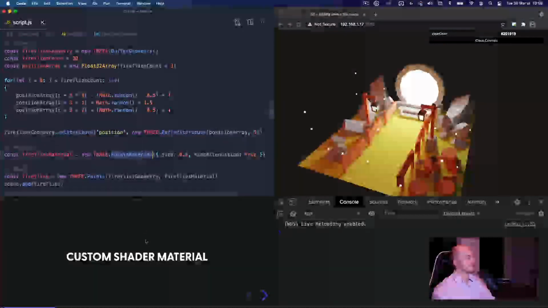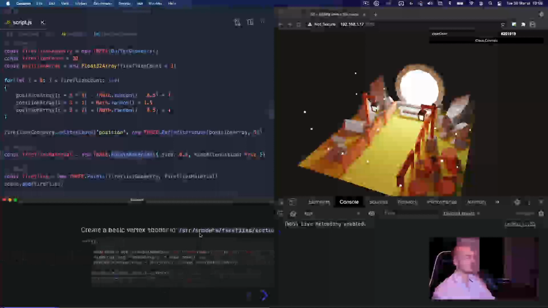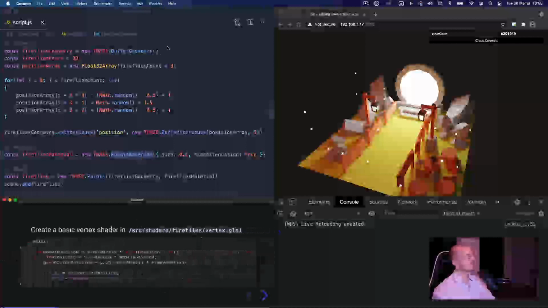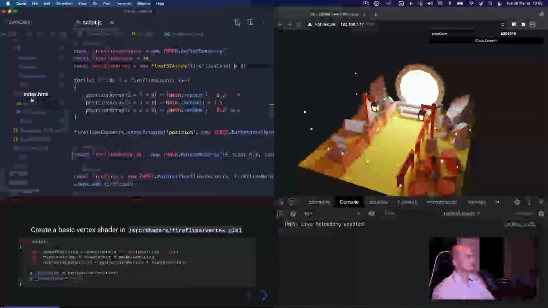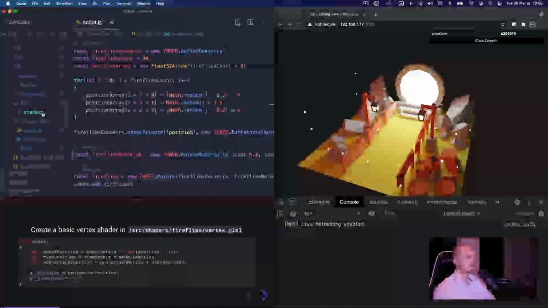With the points material, sorry, we can change it to a custom material and create something even better. So let's go. First, what you can do is create those shaders. In the SRC folder, you can create a shaders folder, and we're going to have two shaders in this lesson, which is cool. We kind of mix shaders, so it's kind of a bigger project. In the shaders, we can create the fireflies